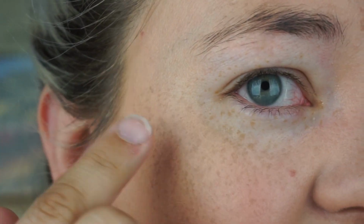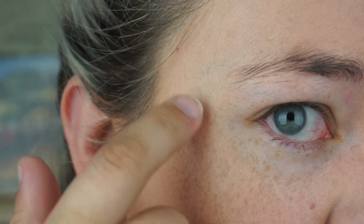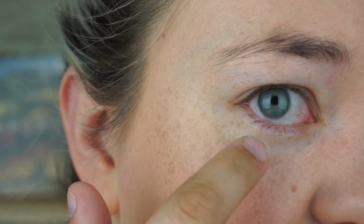I just want to point out, I don't know how well you can see it on camera, but this line right here between this color and this, it's really obvious on my neck, I feel like. You can kind of see where I've started to blend it down a little. I don't know, guys. I don't know. Let's go ahead and take another